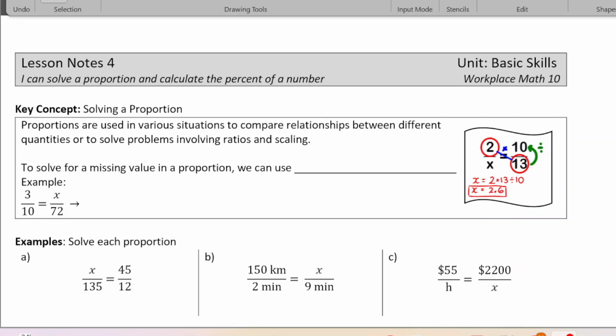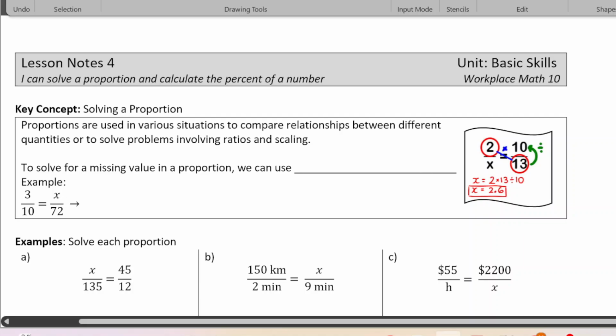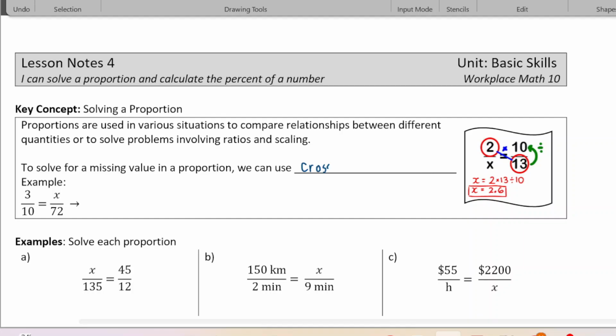All right, let's do lesson 4 on solving proportions and calculating percent of a number. Okay, so a proportion is when you have a relationship between quantities that involves scaling. So the easiest way to solve a proportion is to use cross multiplication. So if you have two fractions that are equal to each other, but you're missing one of the numbers,